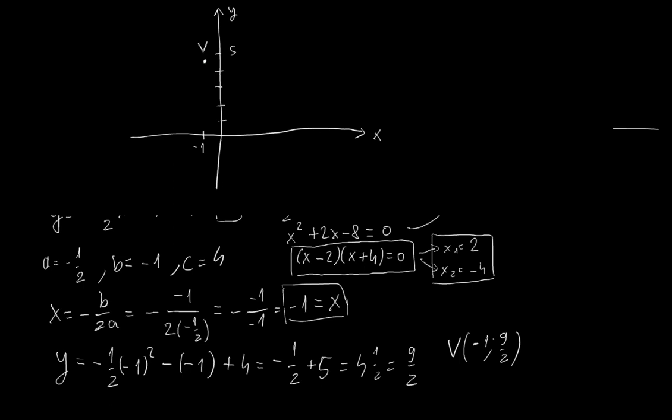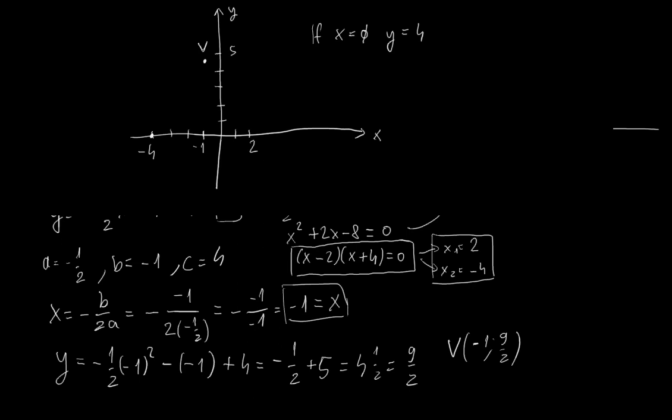So this is the vertex point, and now we know that the parabola intercepts the x-axis at 2 and at minus 4. And we also know that if x is 0, then y is going to be 4 because of